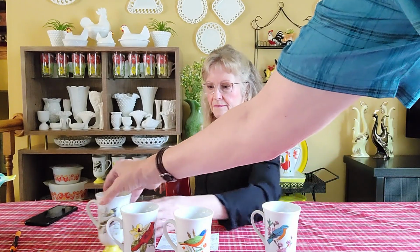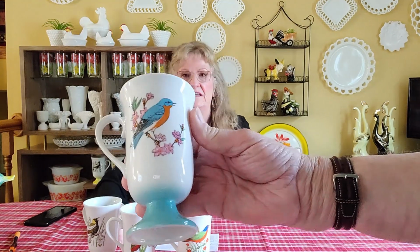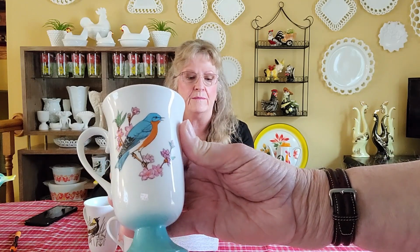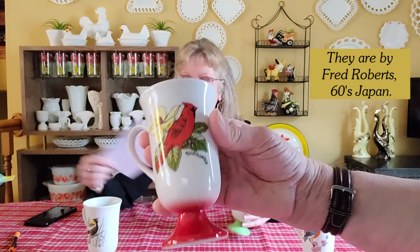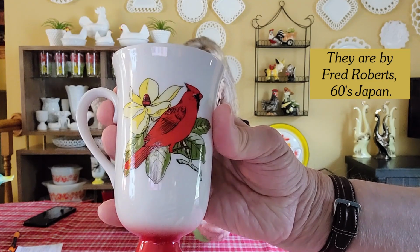Then I found at Bibles for Missions 4 mugs that are part of a set of 6. I have all the red and yellow ones. I've been collecting these for quite a few years. Let me see if there's anything showing on the bottom. I don't know if any of them ever got stamped, but they could be 60s, 70s. They're painted beautifully, and they have the design on both sides, so you can display them either way. So for 49 cents each, I couldn't let them stay on the shelf at Bibles for Missions